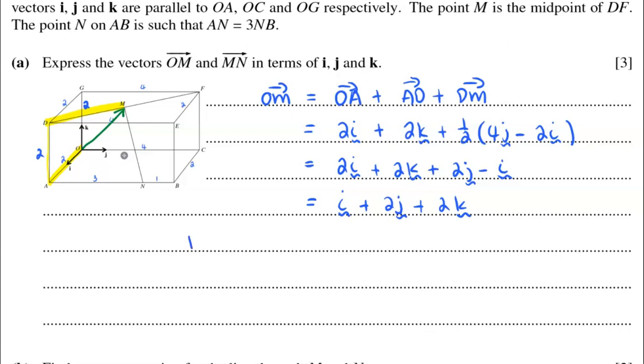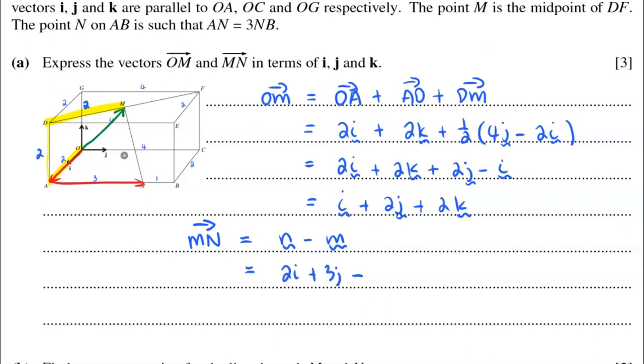For MN, hopefully we remember, if you want to find the vector from one point to another point, it equals the position vector of N minus the position vector of M. The position vector of N is fairly easy. We can start at O because it's just ON. And we can go to A again, and then we can go from A to N. If we add those 2 vectors together, we have the position vector for N, and we already know what N is. So for N, we're going to have 2i